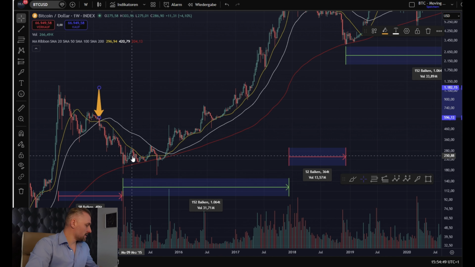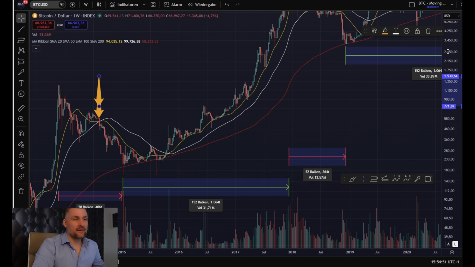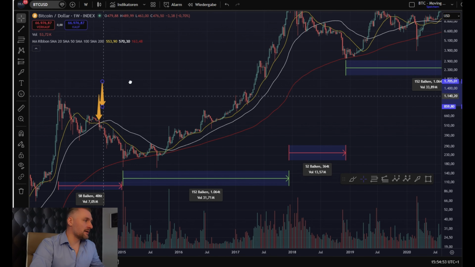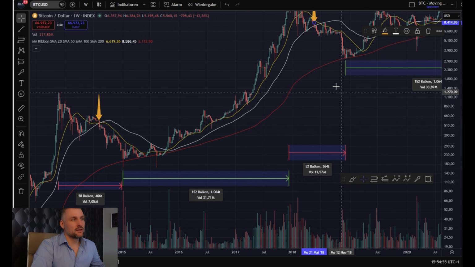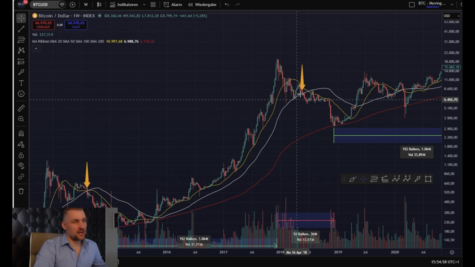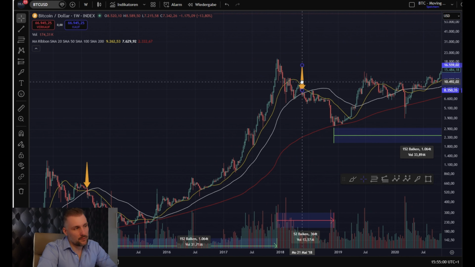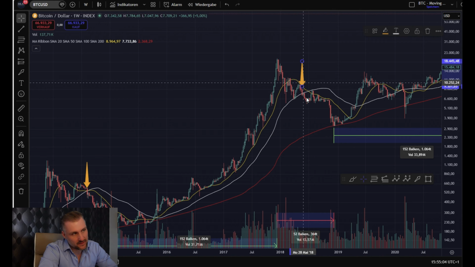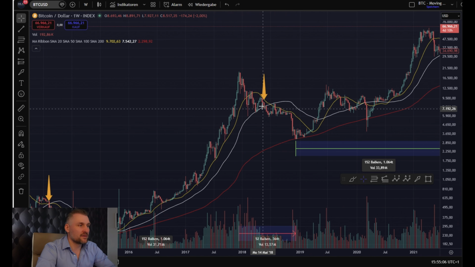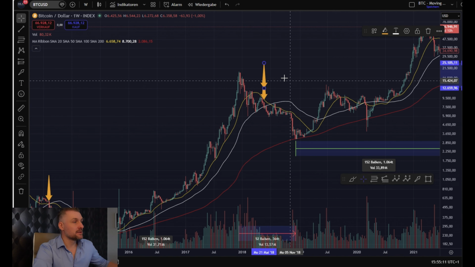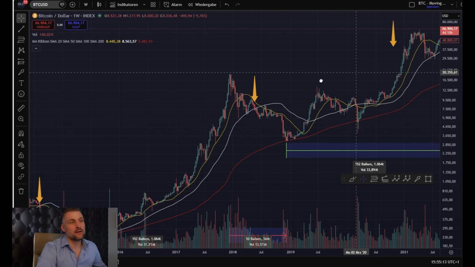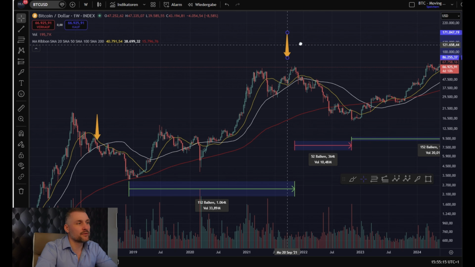And we find this same structure right here in the next cycle. So not the shadows right there. I mean, a really crystal clear close below the white line. This candle was the first signal, and then we broke down. And we have the same structure right here in the next cycle from 2022.